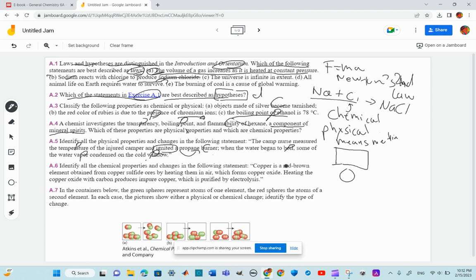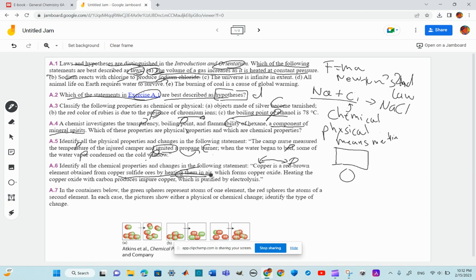And again, copper is red-brown, which is physical. That's tricky. It's a red element obtained from copper sulfide ores by heat. Actually, this is chemical. The color of it is physical because that's a physical description. But when they talk about heating,